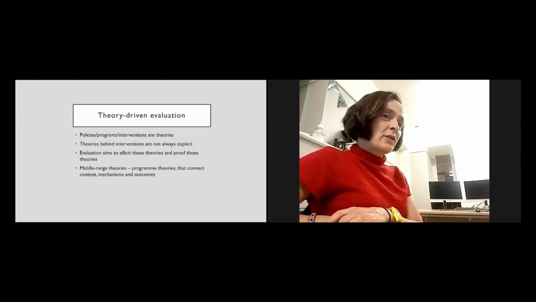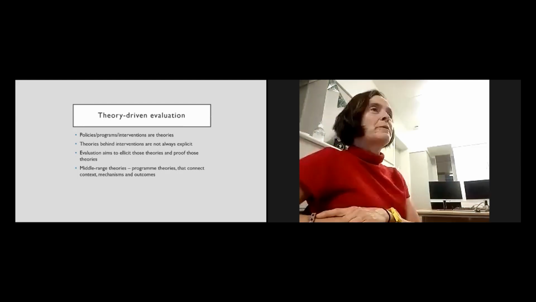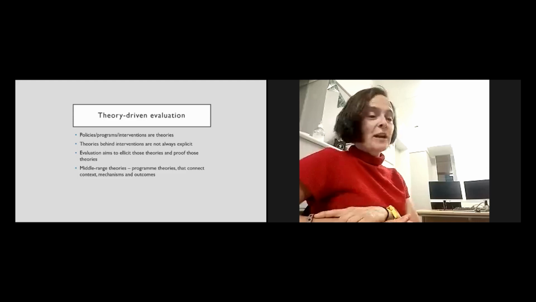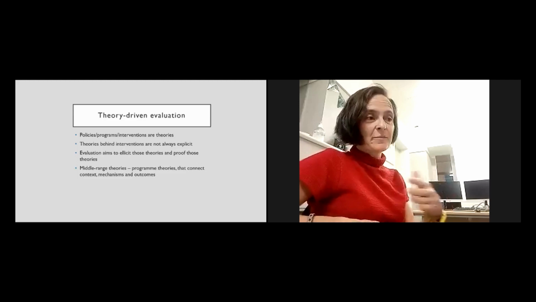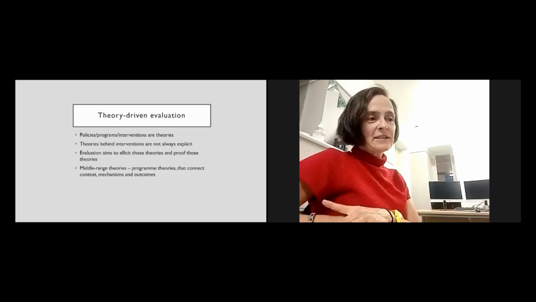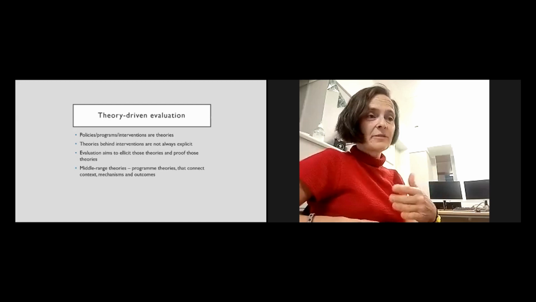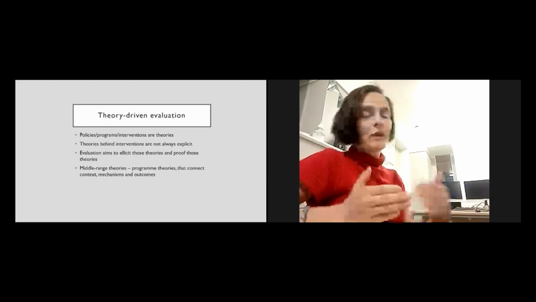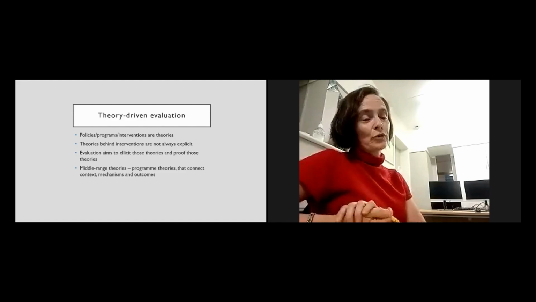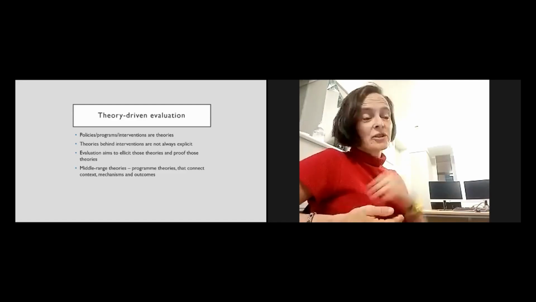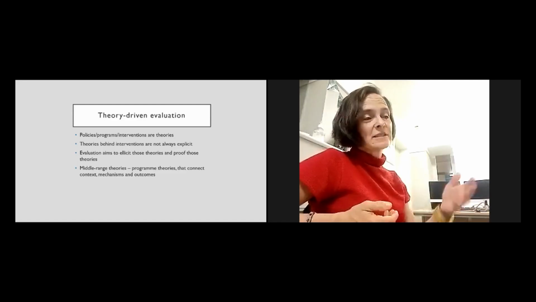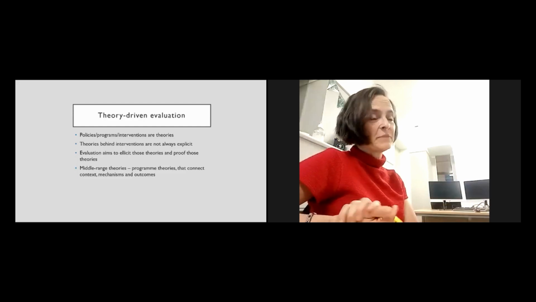And so a lot of evaluation goes ahead where we look at a program, go ahead and evaluate it, but we don't necessarily recognize the theories behind interventions. But realist evaluation aims to elicit the theories, come up with what's the theory about why we think running programs, doing an education session on hand washing, is going to change people's behavior. And in actual fact, the evidence is not very compelling at all that running training programs changes hand washing behavior. And so